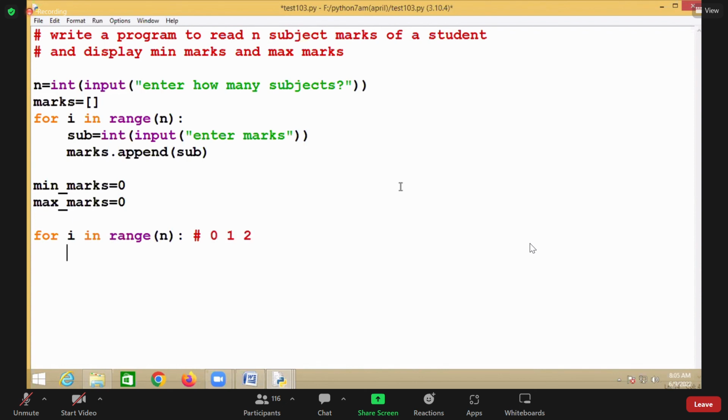Now here you are writing one condition. If minimum marks is less than the marks of i. If minimum marks is less than marks of